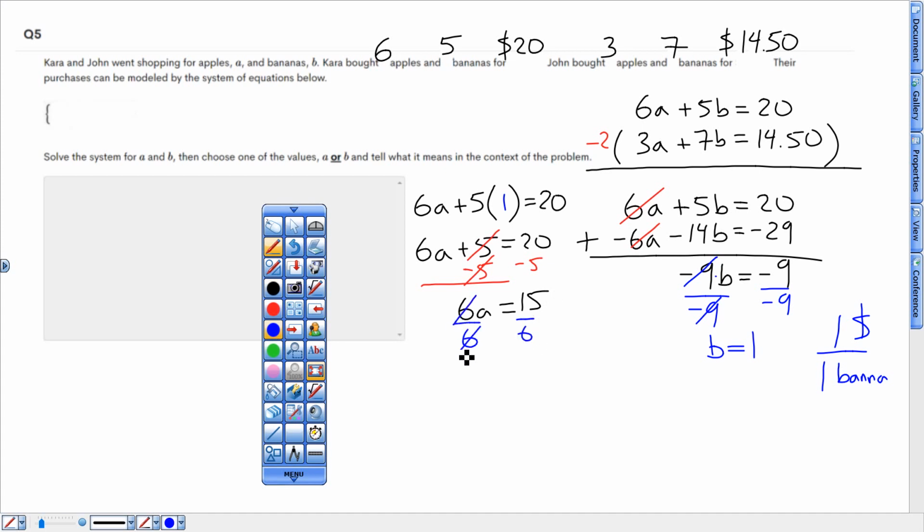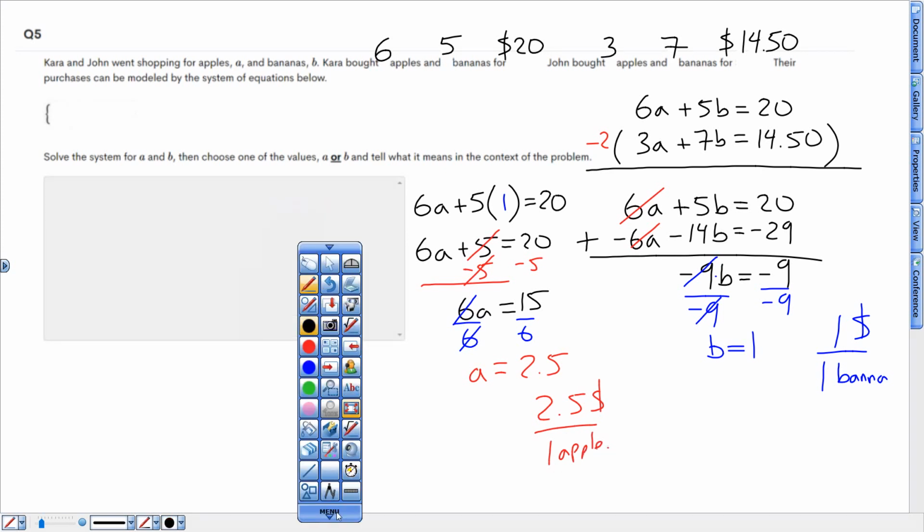And that will give me the price of my apples. So 15 divided by 6 gives me 2.5. On the test, they're going to have you explain what those mean in words. So make sure on test day you tell me A, and don't mix that up. A is 2.5, B is 1, but then it says explain 1 in terms of the context of what it means. So you could say